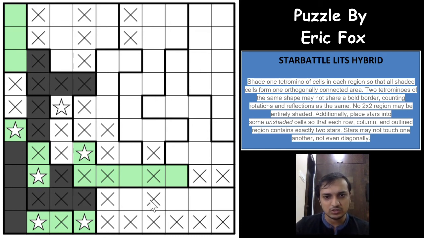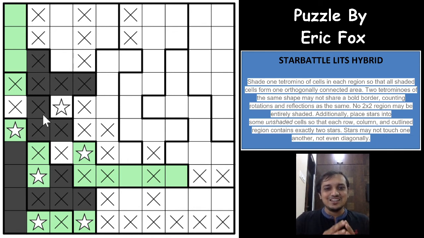Okay, these 2 are not stars. Okay, so we are somewhere doing good in this puzzle for now. And now if you see here, the S tetromino cannot be from here, it has to be at least this cell. And okay, that's a really good logic, guys. A connectivity logic. All possible logics I can see: star battle logic, LITS logic, the connectivity logic. Excellent puzzle, guys. Such a small puzzle, but I would say this is a really tough one.